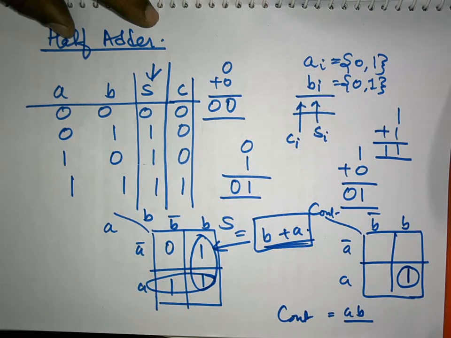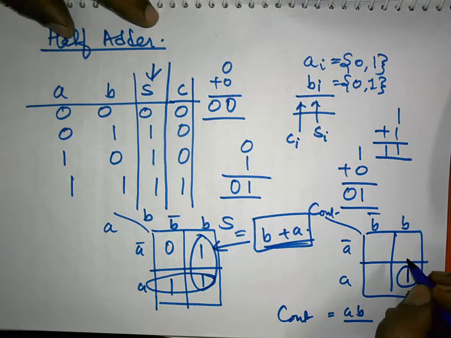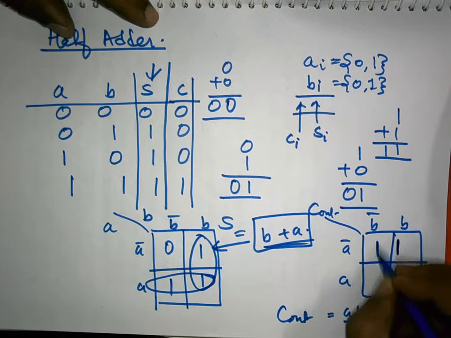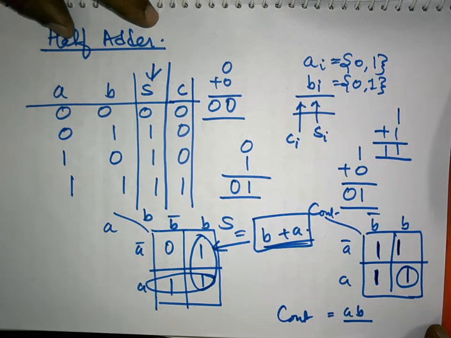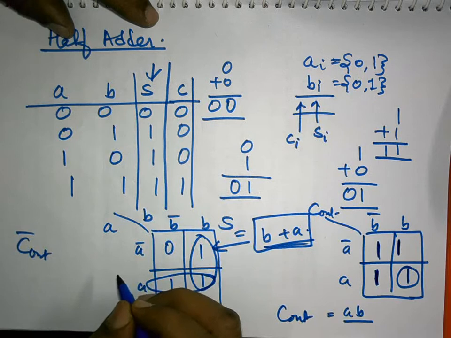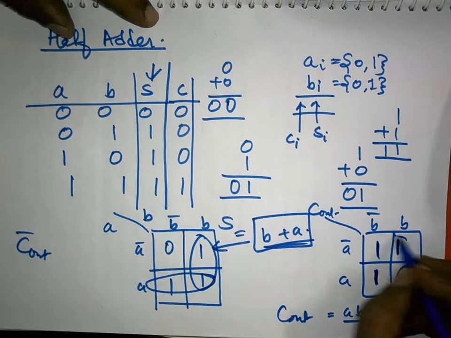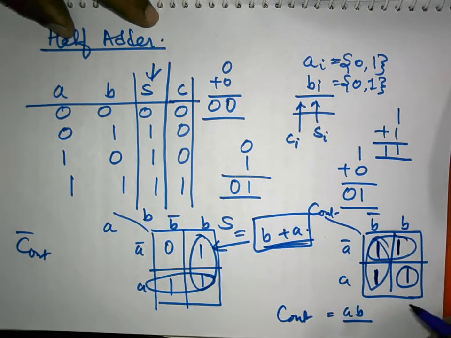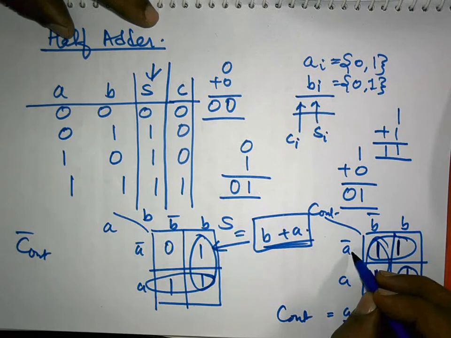What about the realization of the complement of this using, say, product of sum method? If you wish to realize the carry out using product of sum method, so you will realize the complement of this, and realizing the complement of this, these functions will be 1, these outputs will be 1, and that time you will realize C out bar. So, what will be that? You tell me.